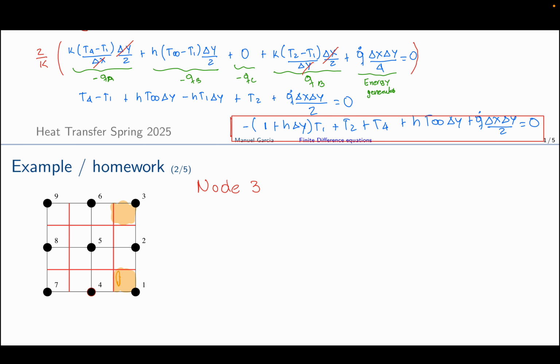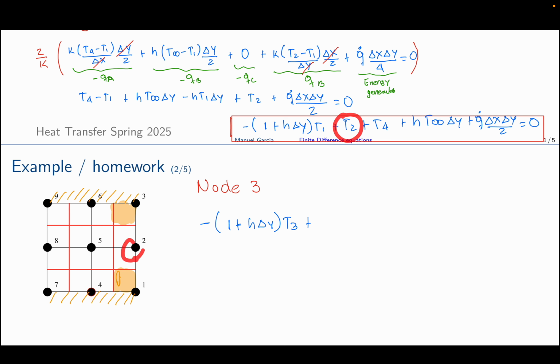The first thing is we have to follow the pattern for this. Remember that this is insulated, so let me put the insulation here, in a different color. They're completely symmetric. So in this case, we have temperature 1 multiplied by this factor, which in this case will be temperature 3. So we have minus (1 plus delta x over delta y... plus h delta y) multiplied not by T1 but T3,